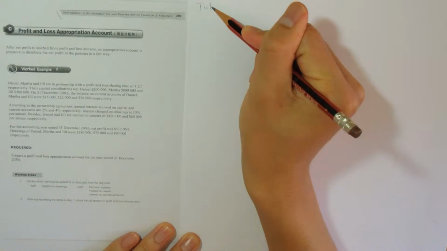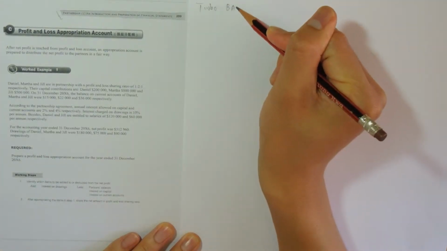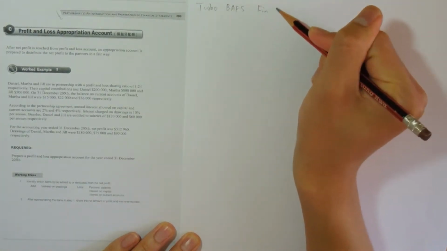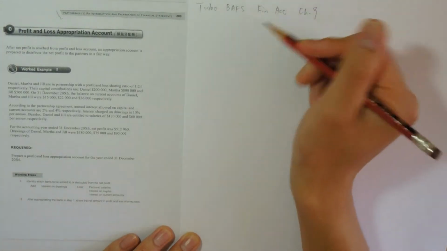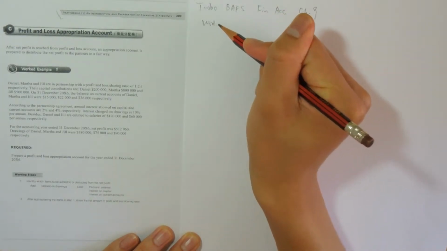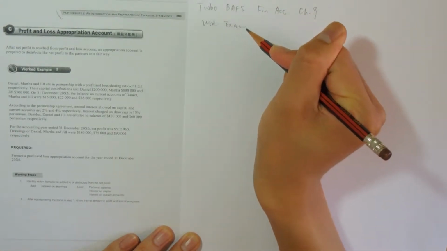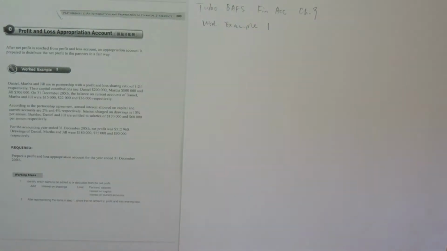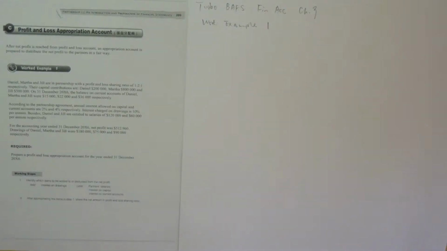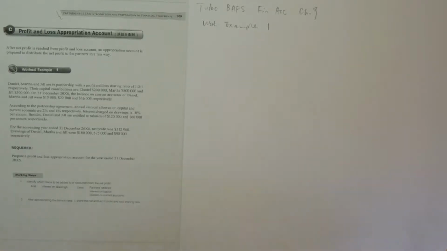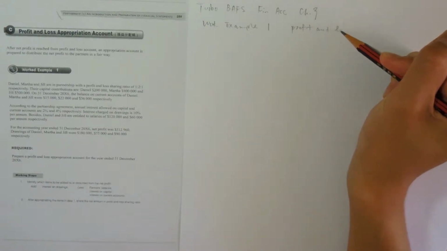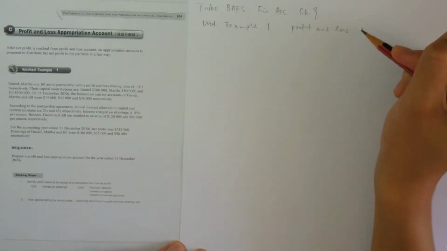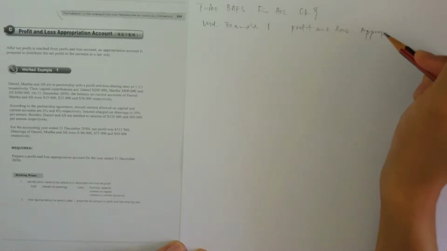Alright, so today we will talk about the Turbo Business Financial Accounting, Chapter 9, work example 1. Okay, so first we take a look at work example 1, and this work example is to prepare the profit and loss appropriation